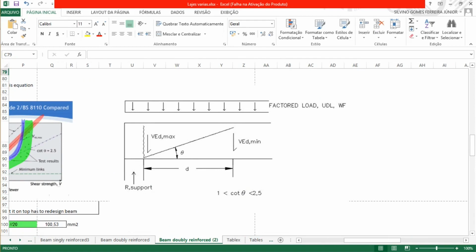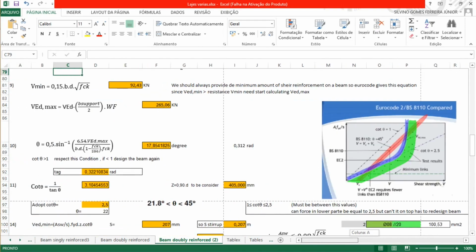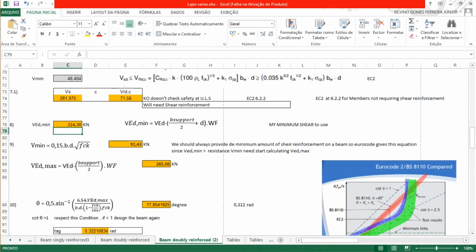Okay, from this value we have in the Eurocode this other simplified equation for shear that says the shear minimum will be 0.035 multiplied by B multiplied by D multiplied by the root of FCK. So FCK is 30, B is 250, D is 450. We replace everything. We get 92 kilonewtons. And since this VED minimum is bigger than this one,